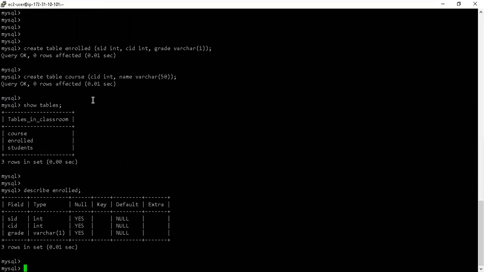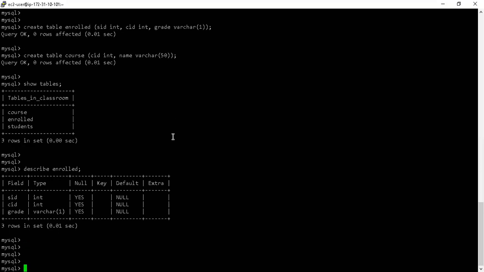So 3 tables we have. Now we need some data. Okay, and then we are going to start with our first list of queries and functions and so on. Okay, any doubts until now? No, so we are quite well to go. Okay, then let's try to insert some data.